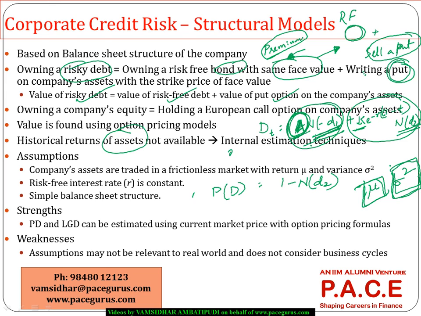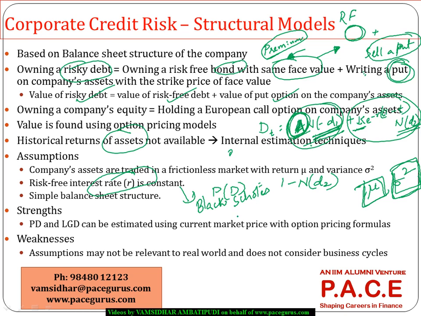But when I am looking at a total asset value, the value cannot be obtained directly. So there is a lot of internal calibration model that has to go in to arrive at the formula for these kind of structural models. And some of the key assumptions these models deal with, they assume that the risk-free rate of return is constant for the entire period, which is very far away from reality, because it is using a Black-Scholes kind of an option pricing formula